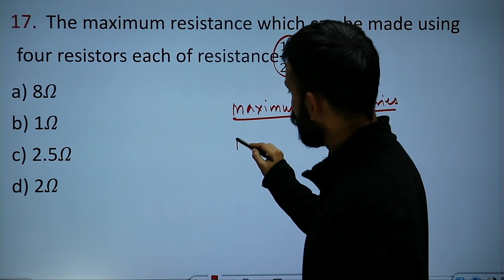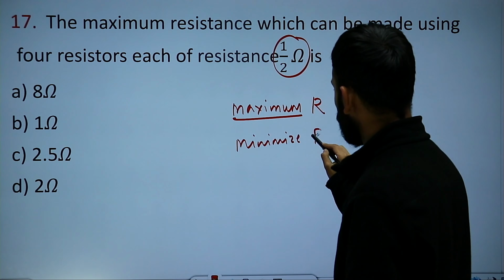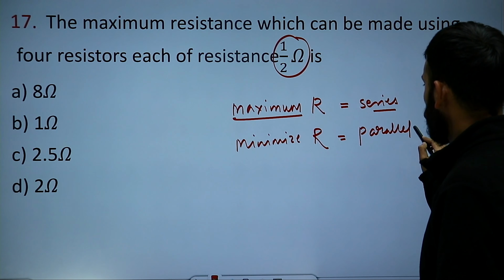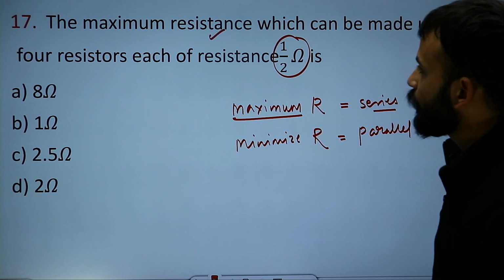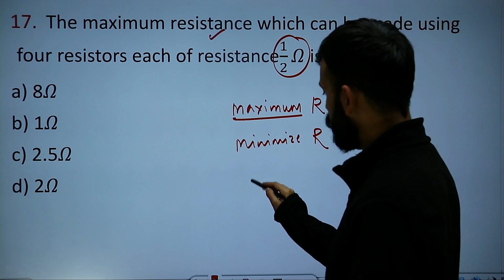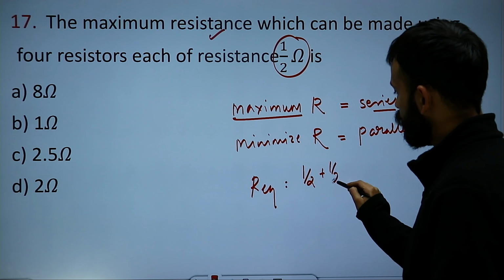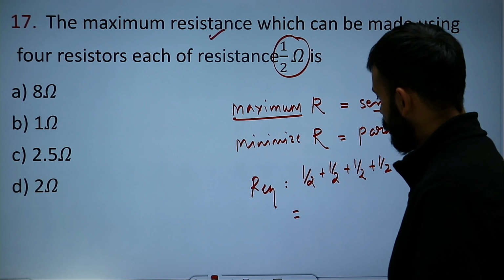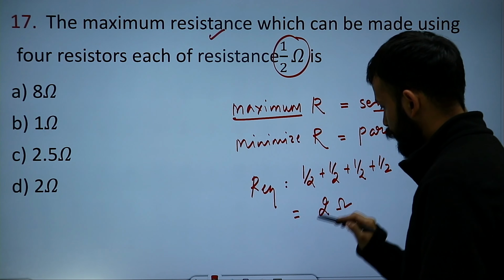If you have to minimize the resistance, you have to connect all the resistances in parallel. So we have to maximize the resistance, so we connect all these 4 resistances in series. So R equivalent is 1 plus 1 plus 1 plus 1, which comes out to 4 ohm. So our answer will be D. Next,